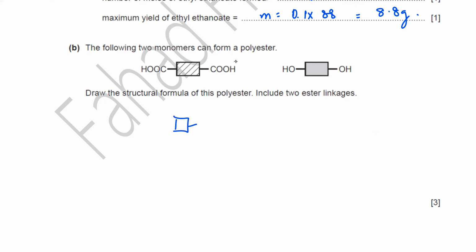It's a dicarboxylic acid. तो उसने draw the structural formula of the polyester include 2 ester linkages. तो इधर carboxylic acid है, तो उसने कम से कम 2 ester linkages हो। तो हम कोशिश करते हैं कि हम ड्रॉ कर लेते हैं।